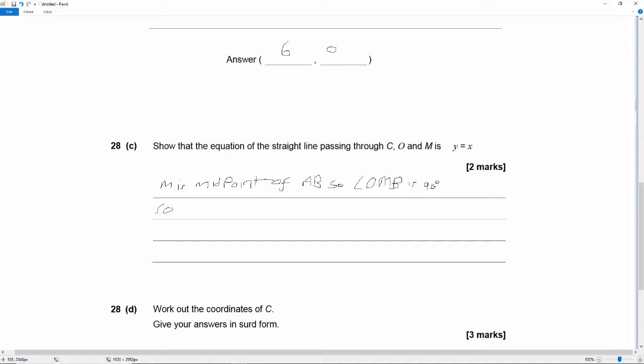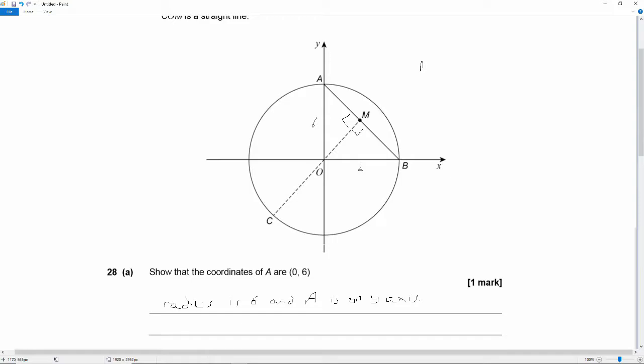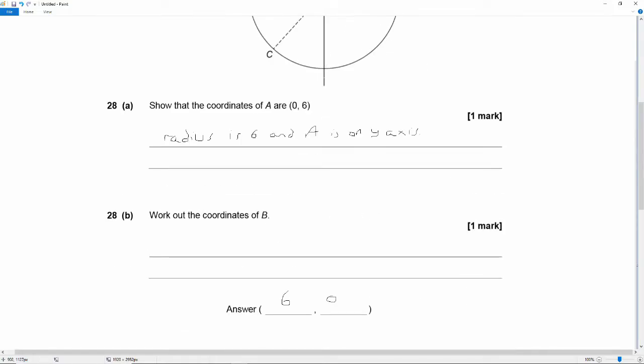So gradient of COM times gradient of AB is -1. Now if we can find the gradient of AB, because we have those two coordinates,